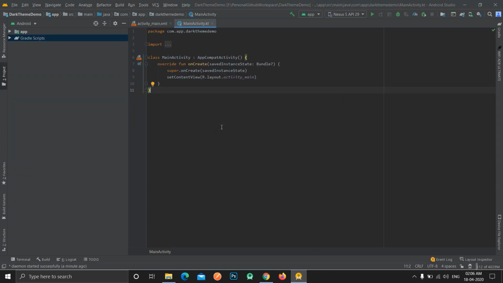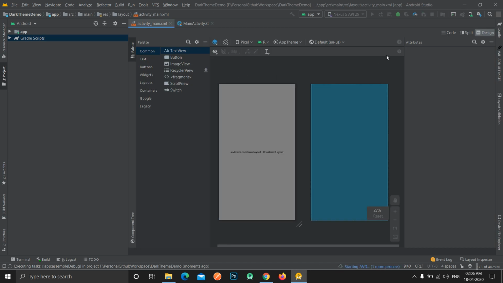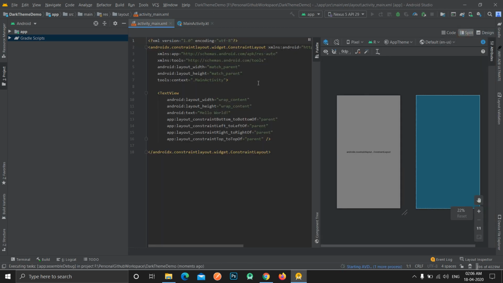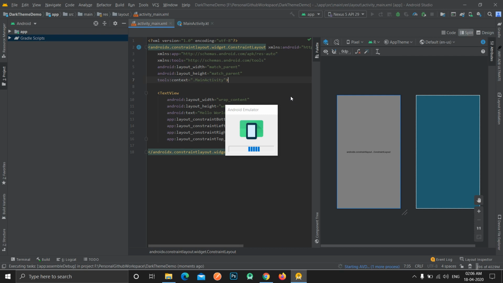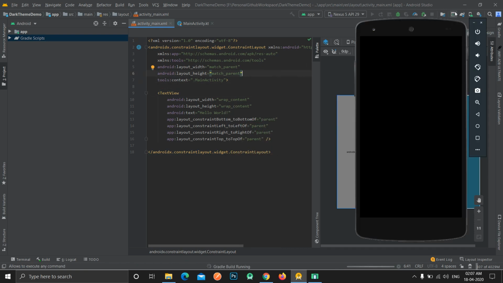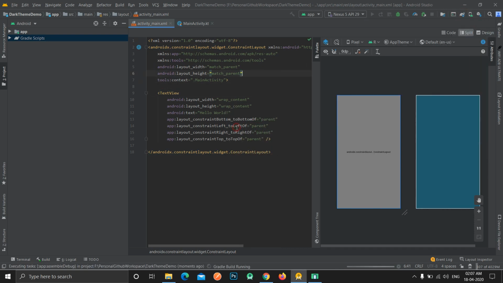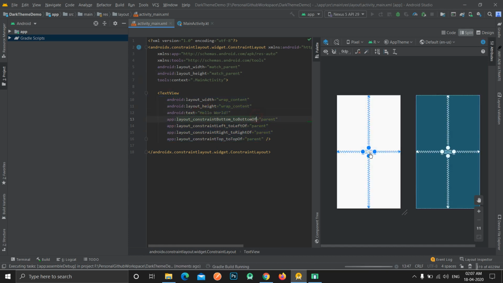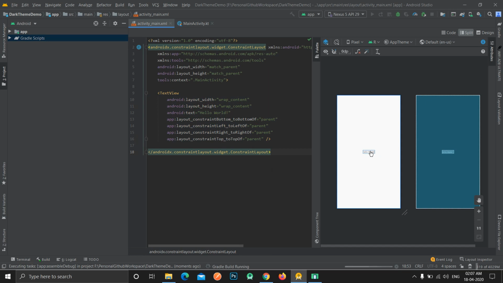Yeah, so we will also start our emulator, and as you can see in our activity class, I guess the project build is not completely successful right now, but you can see that there is just a simple text view with a hello world text. Yeah, you can see it here. There is nothing except this field over here.